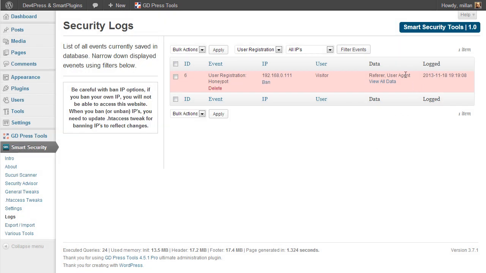So you can get additional information about the event that is logged. Option to ban IP also, after you do that, if you have several banned IPs,